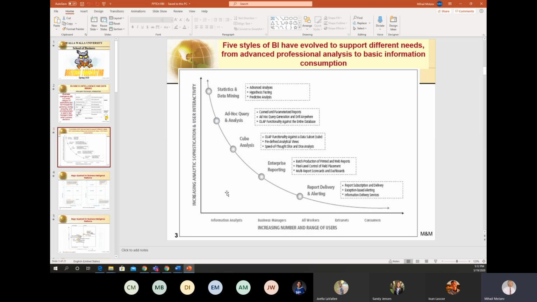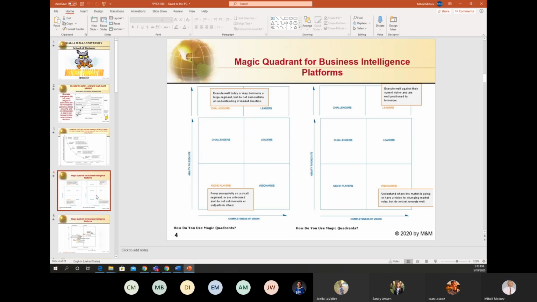Unfortunately, as we can see, they are most frequently used by information analysts and not so much by business managers, and very rarely by standard regular customers. Before we continue, I want to add a little more information.